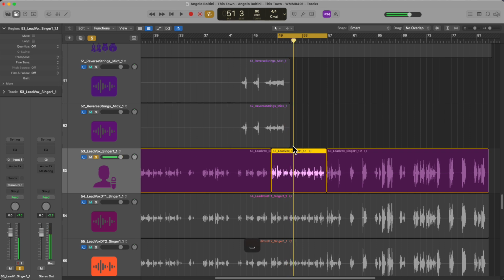Okay, so we got this vocal, and I'm actually going to solo it just by itself. And then if I transpose it, check this out. I'm going to go down -12, so it's a full octave down. Check this out. Pretty neat, right? If I go up,